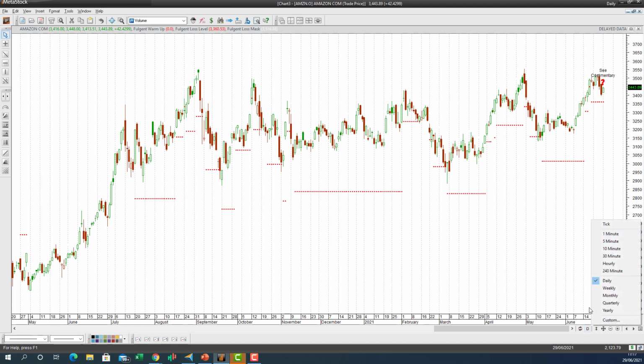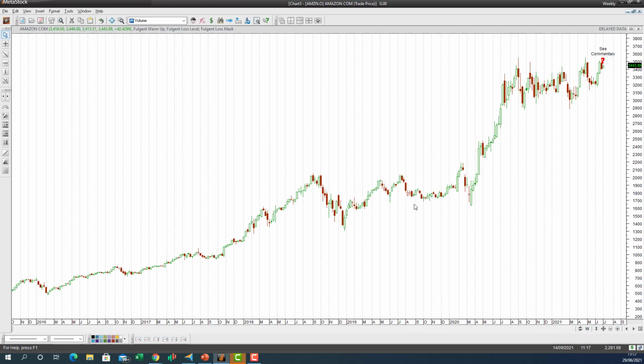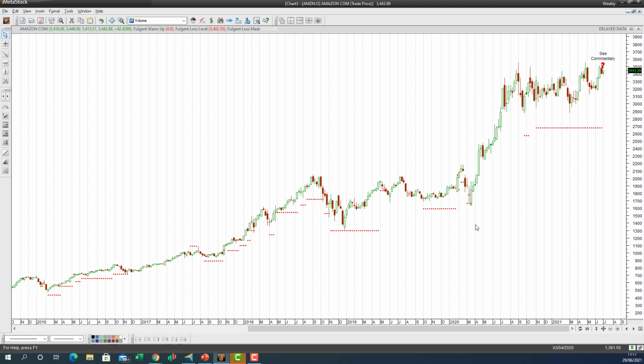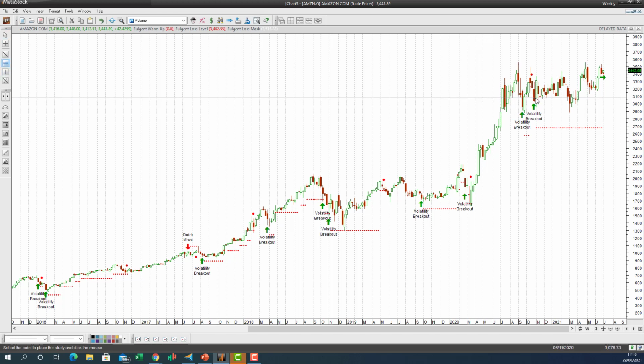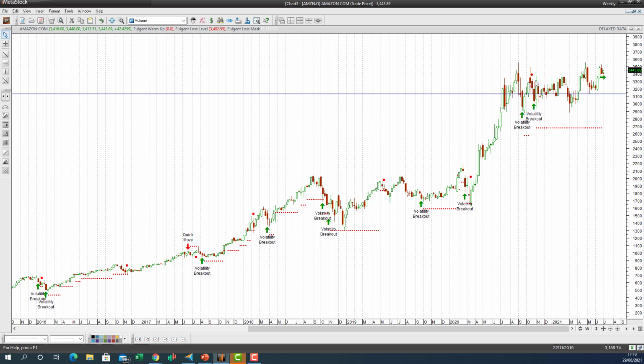If we can just refresh the commentary. No, that's a different Amazon, but in any case. You can see a huge volatility breakout, nice move, volatility breakout, volatility breakout, volatility breakout, caught huge move. Most recent volatility breakout is in at that level there. Currently in the money, and then the trailing stop, very wide trailing stop, 2678, quite wide considering that it's accommodating for that volatility within that base. But so far so good. Still in along there and